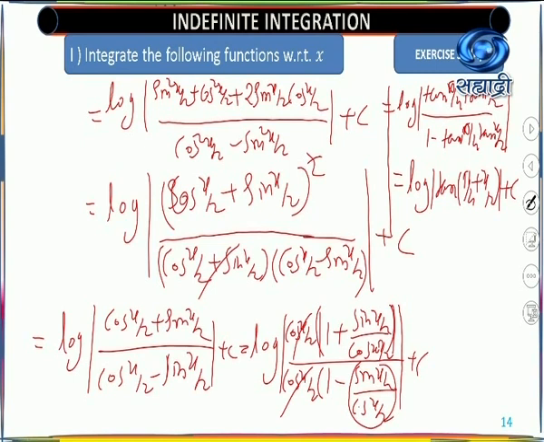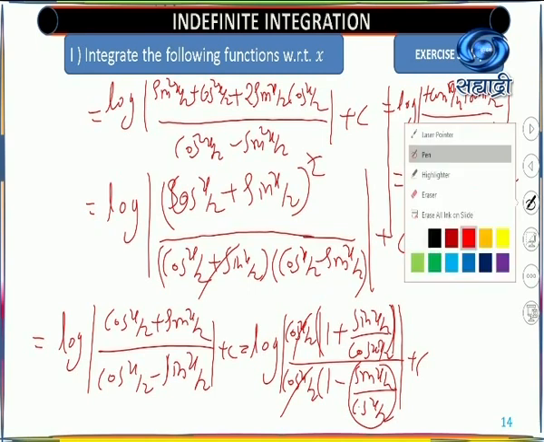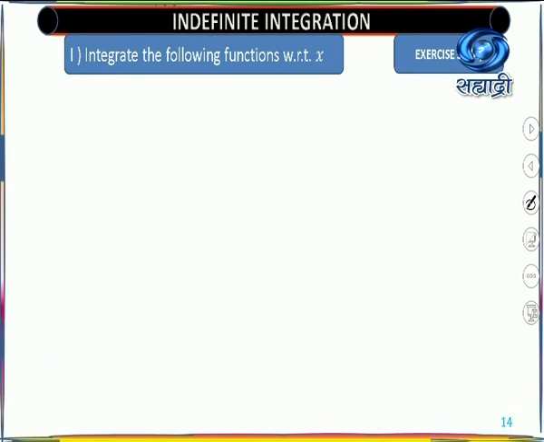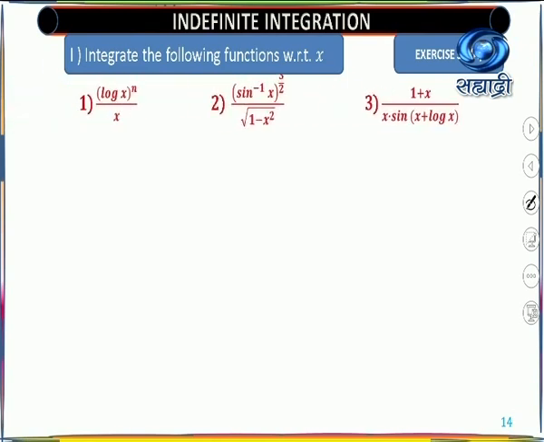Similarly, you are able to prove the formula for integration of cosec, which I have given you in the last lecture. So I discussed this formula here. Why have I discussed this formula? Because this formula gets derived from whatever formulas you already have. So now we'll begin with our exercise 3.2a.